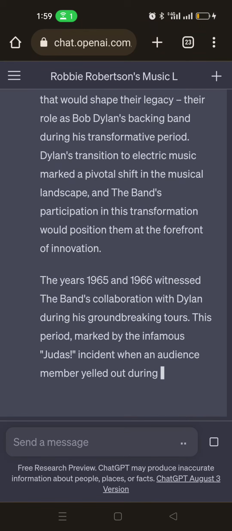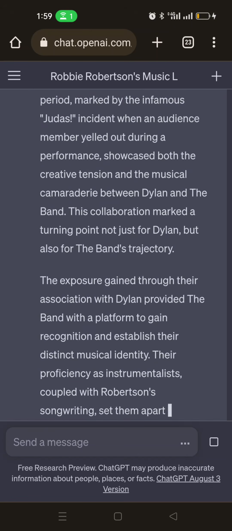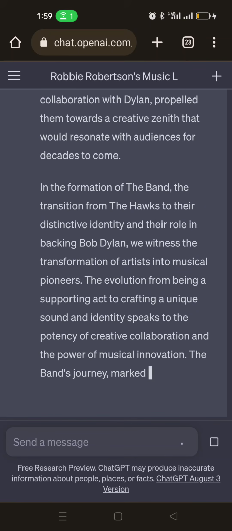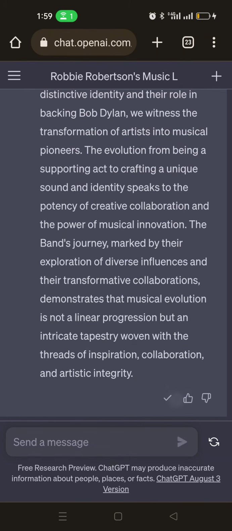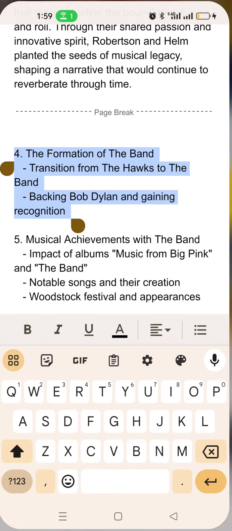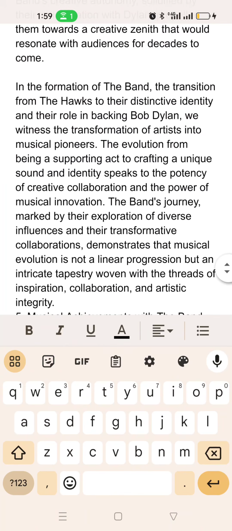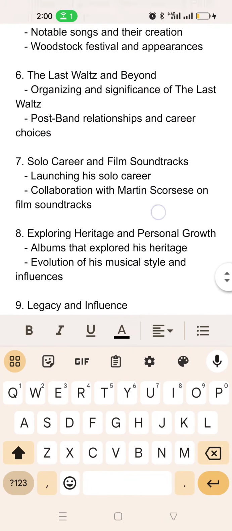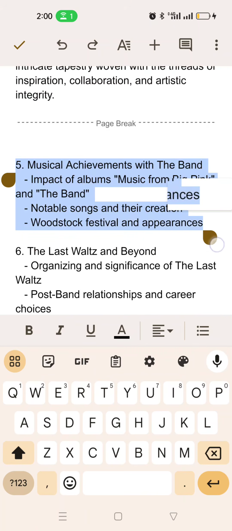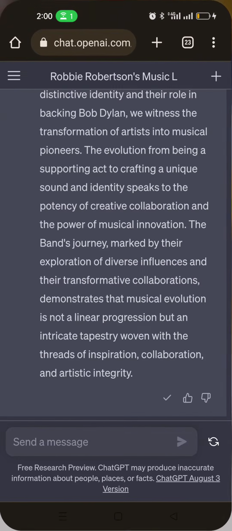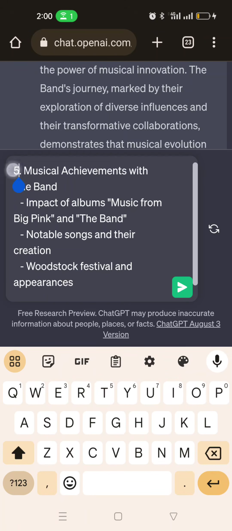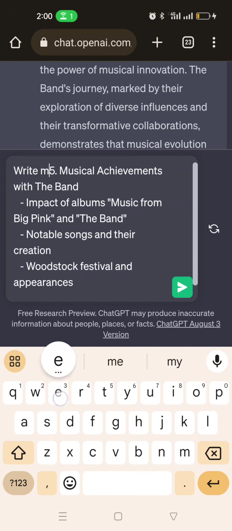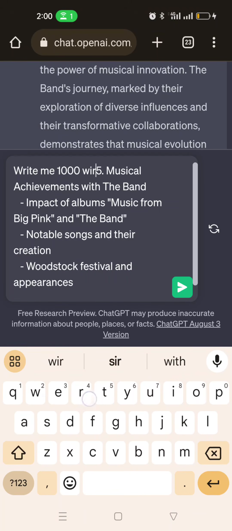You can see how it is separating, it is giving content for each subtopic. Content that is not similar to the one that was given before. So this is how you can get enough content. So I just copy, come to my manuscript, paste, click here, click on the plus sign, page break, then copy chapter 5 or number 5 as the case may be, paste, and instruct the AI: write me 1000 words